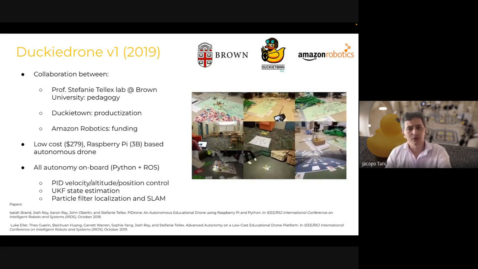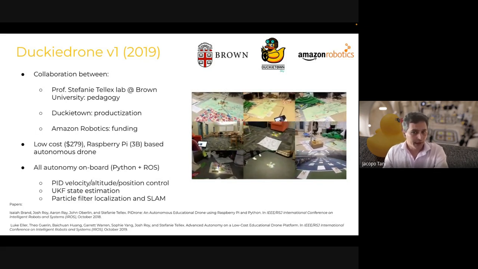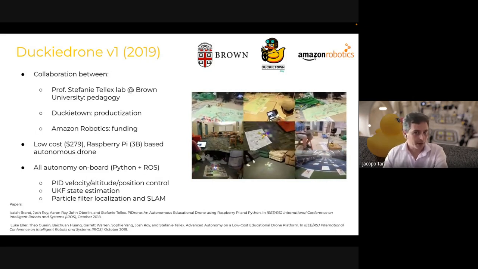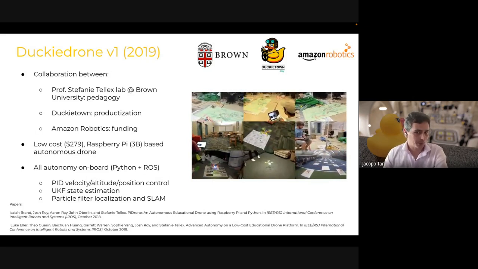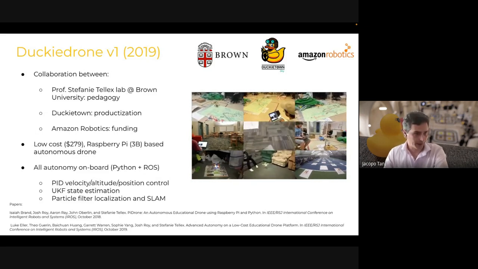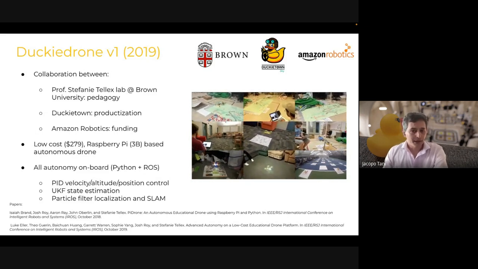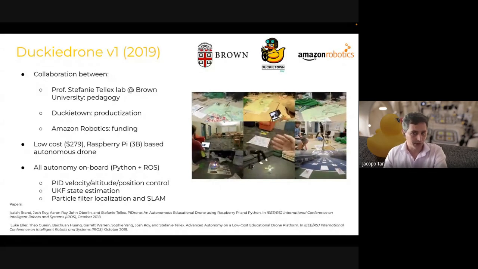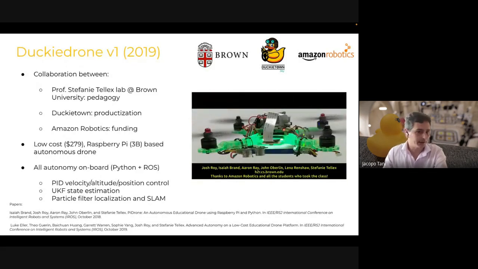And the idea was to create a set of learning experiences that, again, would bring the learners from a box of parts to having a fully autonomous drone. Maybe not one that does competitive racing, but the one that exposes learners to all the important parts of the software architecture and of autonomy. You know, so going from, let's say, nothing to estimation, control, localization, and SLAM.